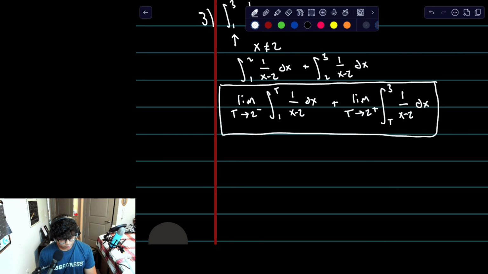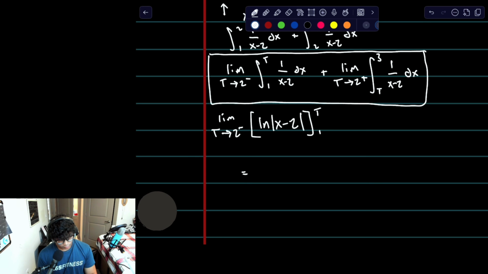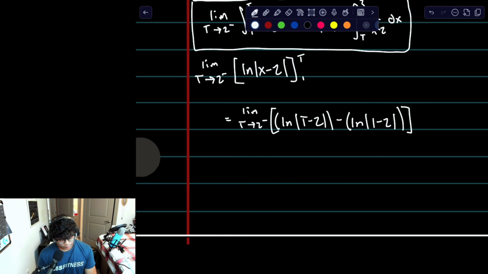And from here, you would just do a basic u substitution to actually find the integral, which is the natural logarithm of the absolute value of x minus 2, and then bound it from 1 to t, which is testing this first half of the integral. And don't forget our limit, which then equals the limit of t approaching 2 from the left, natural logarithm of the absolute value of t minus 2 minus the natural logarithm of the absolute value of 1 minus 2. And once you plug in our 2 over here into t from our limit, you end up getting negative infinity